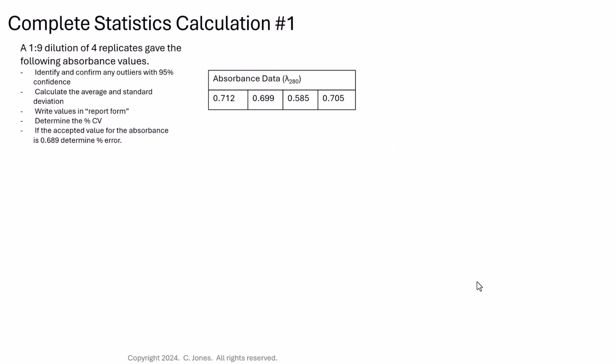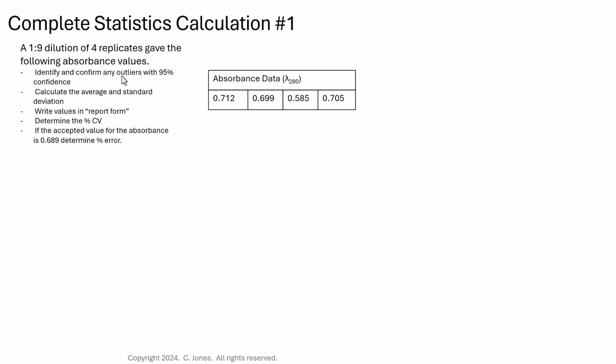Okay, let's do a complete statistics calculation. We're going to sort of put everything together here. Suppose I did a 1-to-9 dilution of 4 replicates and obtained the following absorbance values. Maybe this is just to test the status of the spectrophotometer. So I get 0.712, 0.699, 0.585, and 0.705. And from this data, from these 4 data points, we want to first identify and confirm any